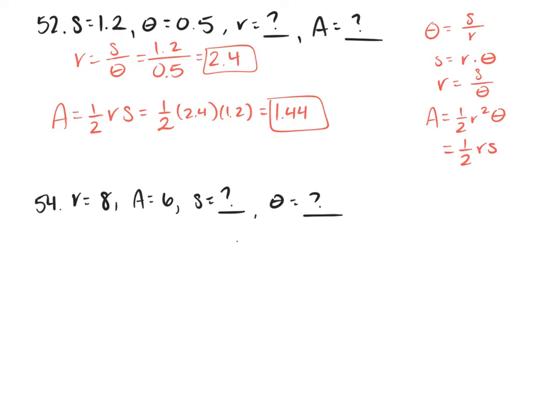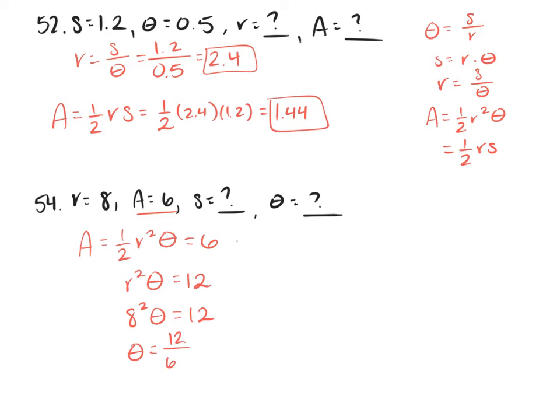So we know that the formula for area is equal to 1/2. Let's use the first one, so r squared times theta. This has to be equal to 6 because they gave us area is equal to 6 at the very top. And what we're going to do is multiply both sides by 2 to move the 1/2 over. And then 8 squared, when we plug in our r, so we get theta is equal to 12 over 64,